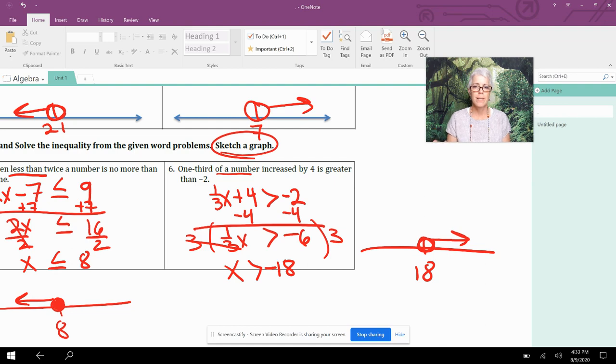All right, that's all the thinking you have to do with that. You can put arrows on it on both ends. It doesn't really matter. I'm not really picky. I don't think your teacher will be picky either, but just pay attention. I hope this makes sense to you. I hope this is helpful. I hope that you wrote all of these examples in your spiral,